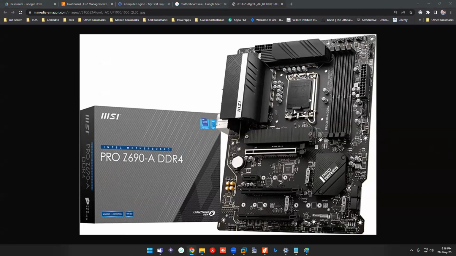The very first thing is you have a lot of components here, and all the hardware you see here must get the required power. You'll be connecting your PSU, power supply unit, and once you click the power button, this is the power supply connection for the whole motherboard. This will be the one, as well as this 24 pin one. This will power your CPU, and this is for the whole motherboard.